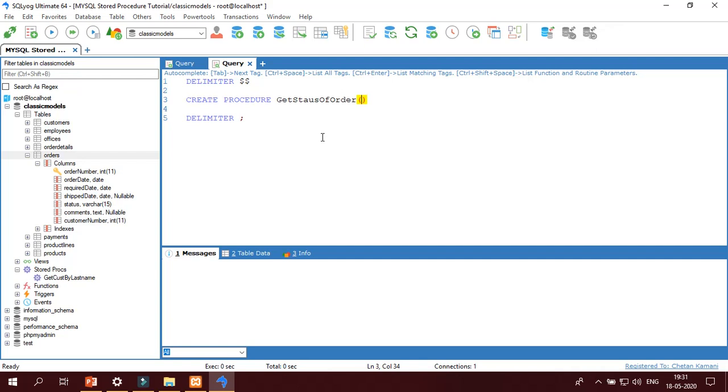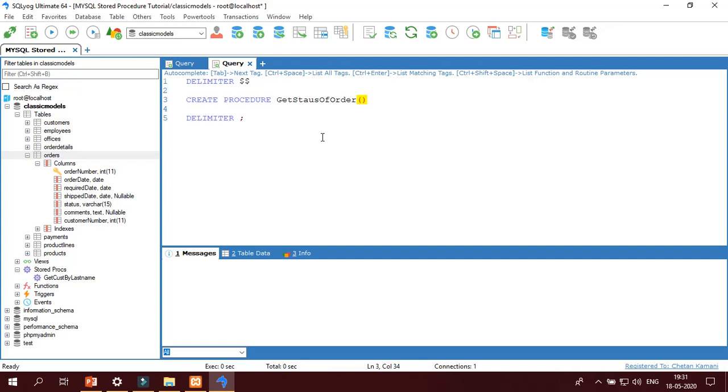In this, we have to specify two parameters. First one is for input purpose and second one for output purpose. Why input purpose? Because we explicitly have to pass the order number, and based on that order number, this procedure will find out the status of that order, and it will give it as a reply.